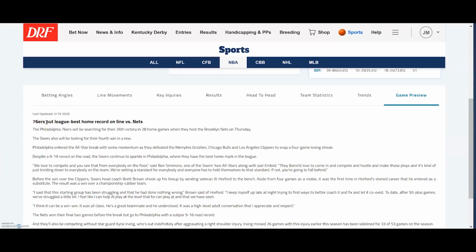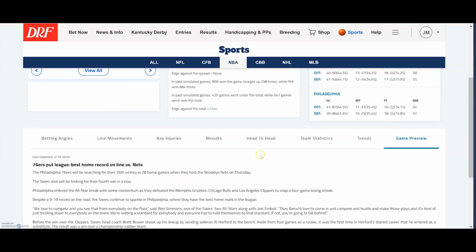Finally, we also have our game preview, which is a written article for each and every game in the NBA. This is a great place to look for information that you may not be able to get from the statistics presented in the rest of the matchup. Things, for instance, like motivation, maybe another source for players' absence or injuries, as well as maybe team turmoil. Some of the things that aren't detected from statistics, you can get right here in our game